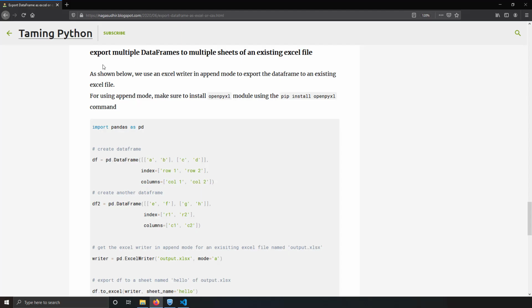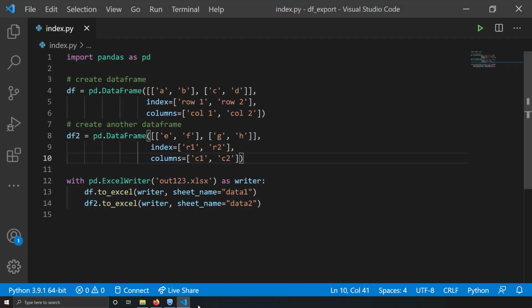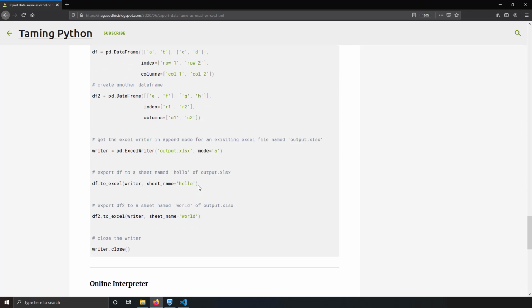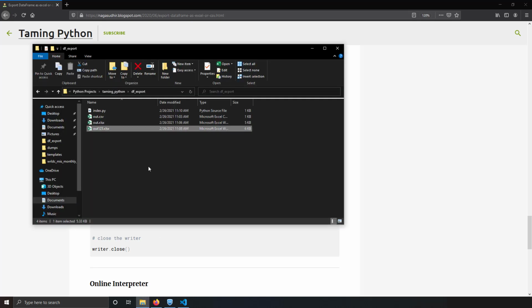The next use case was to export multiple data frames to multiple sheets of an existing Excel file. That means it is the same as this use case, but you want to append the data to the Excel file. All the previous sheets should not be disturbed, but you want to add new sheets to an existing data file. In our example, we have already created a data file called out123.xlsx.